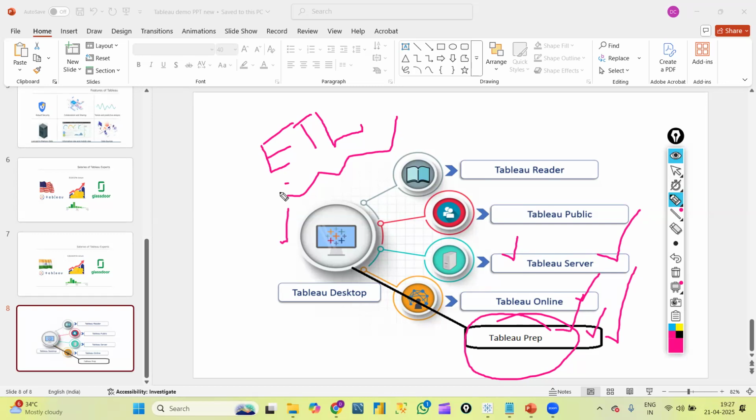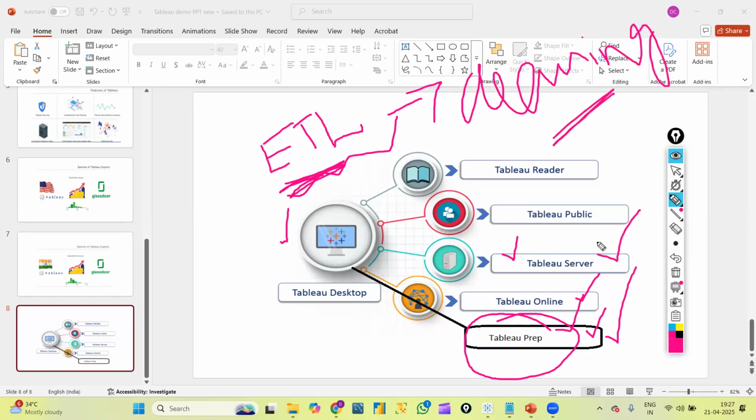As I said, it is a kind of ETL tool where we will extract some data. We will see how many kinds of extraction options there are and how we are going to transform the data. We have so many cleaning steps there. If we have some raw data and want to clean it, first of all,